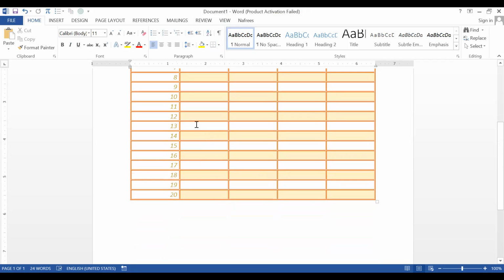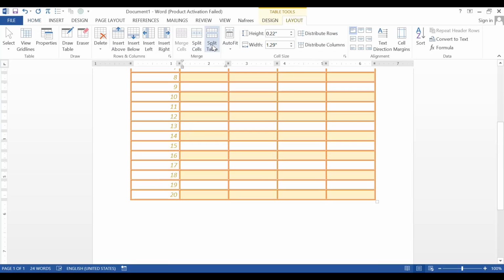Let's say you want to split the table between the 13th and 14th row. Then place the cursor somewhere in row 13 or 14. Then go to layout again and click split.